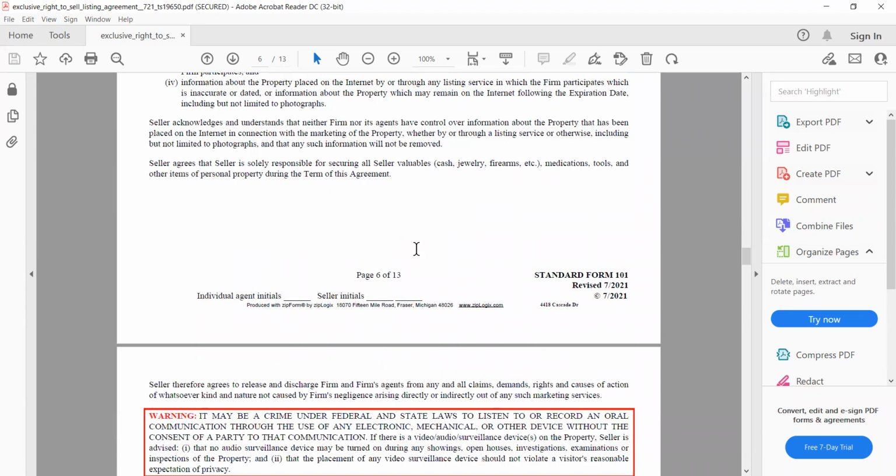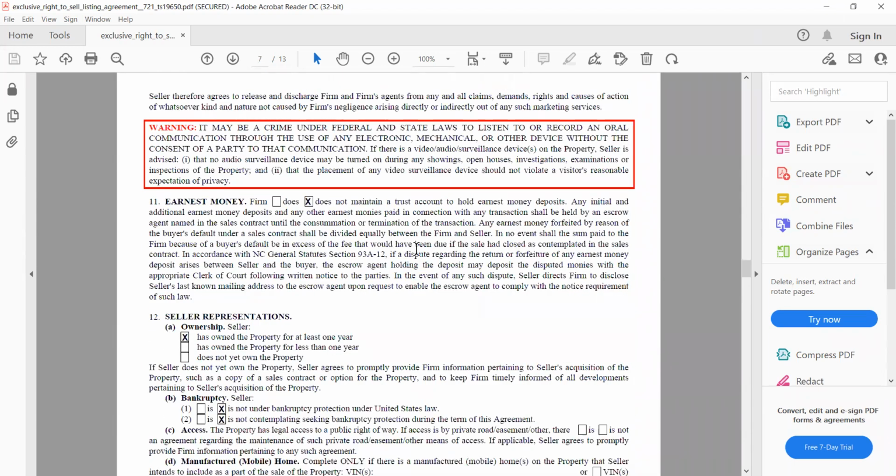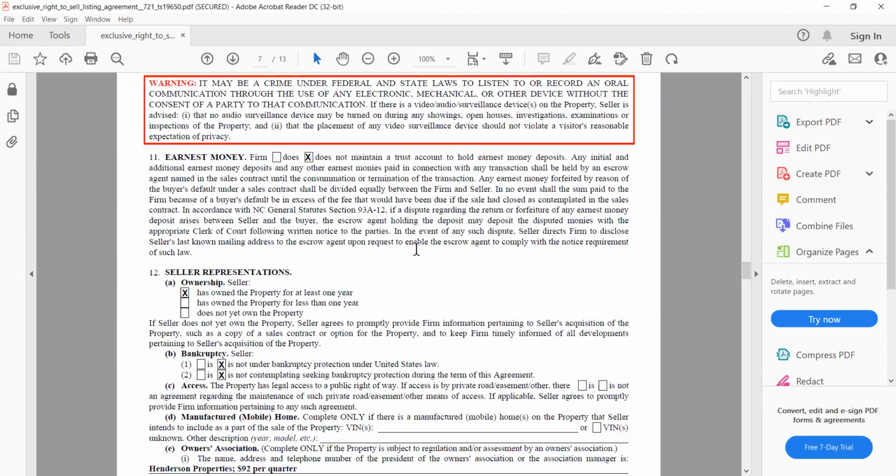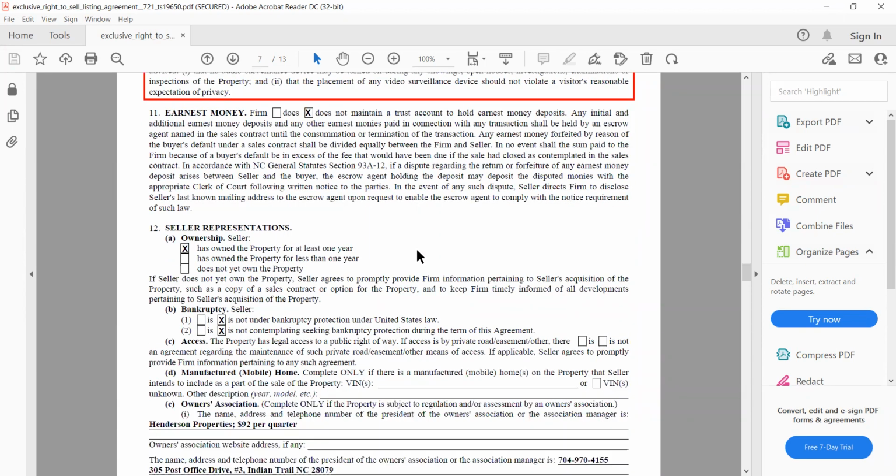All right. Moving on to page 7, Earnest Money, number 11. Just remember, always check, our firm does not maintain a trust account. Okay. We don't hold money. We let the attorneys do that, or the buyer firm usually. So I think most